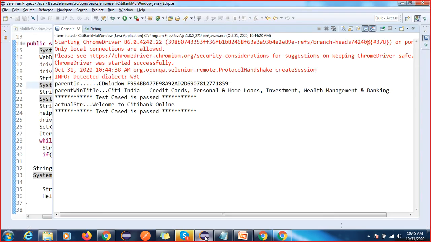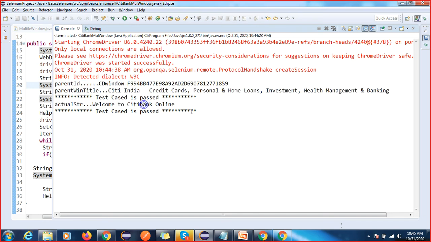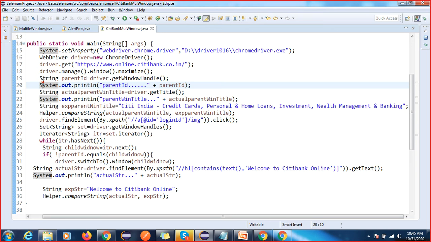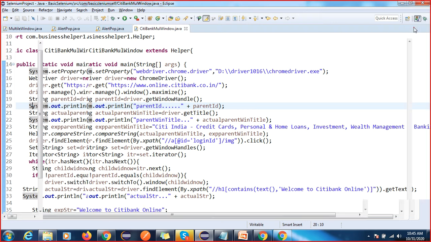Okay, so let me check. So now both validations are fine. I have shown you only two validations, right? If you work in real time, you will have 10 validations, 20 validations. But the concept is the same. What are we going to do? We are comparing actual to expected. Now we will try to use some helper class method, right?